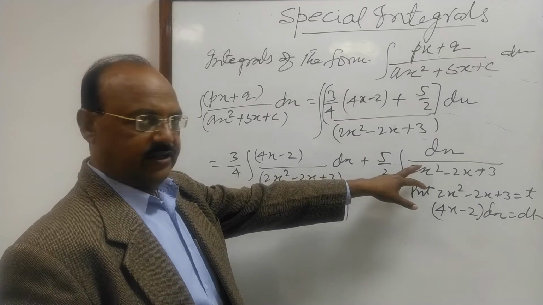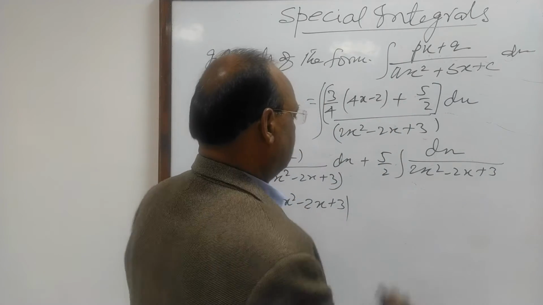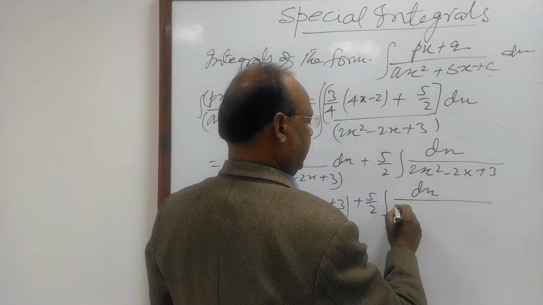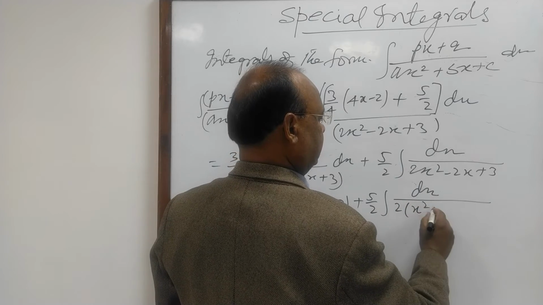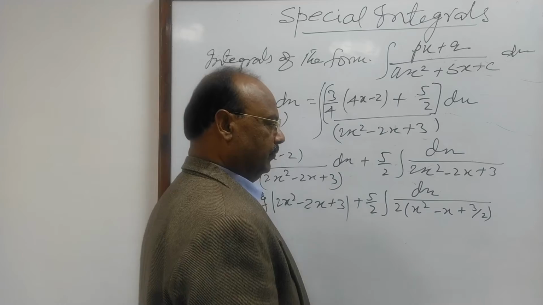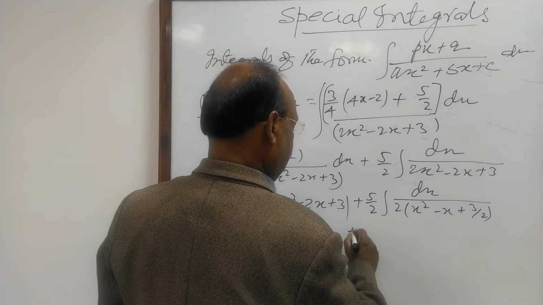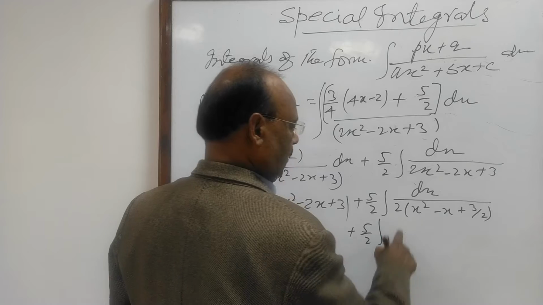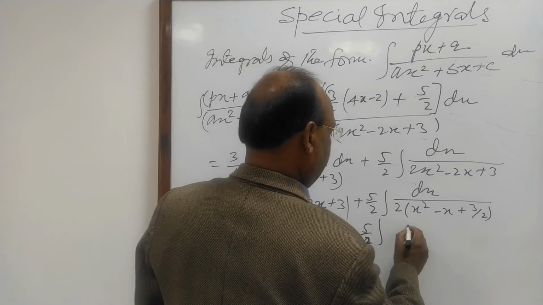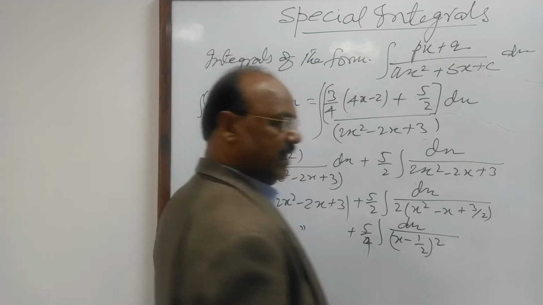Now we have to see the second term. So this second term is there, 5 by 2 integral of dx upon, let us take 2 common here, 2 into (x square minus x plus 3 by 2), and this will remain the same. The second term can be written as 5 by 2, or let us take this 2 outside of the integral sign, it will become 5 by 4, and here dx upon (x minus half) whole square, so that